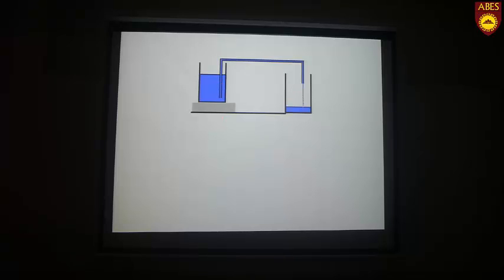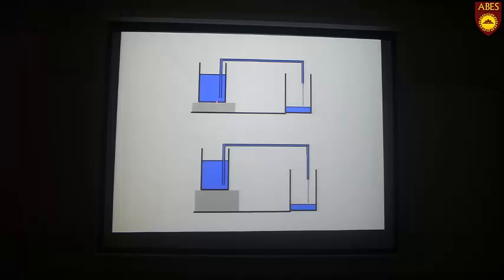Next, what will happen if we increase this height further? Let's see, if we increase this height further, then more water will flow from this container to this container, right? So that means that if we are increasing this height, the greater is the pressure, and hence more will be the water flow per unit time. That means if I increase more, the height will be more. Will that mean that water will flow at a higher speed? Yes, it is true, but up to a certain level.